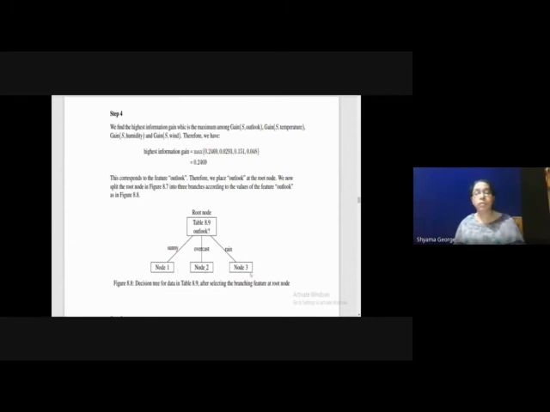Now node 1, node 2, node 3, these values are unknown to us. So to find out the attribute corresponding to node 1, you have to take only those samples with the value sunny. Similarly, to find out node 2, you have to take only those records with outlook equal to overcast from the entire data set. Similarly, for the branch rain, you divide the whole data set and consider the data with outlook equal to rain to find out the value of node 3.